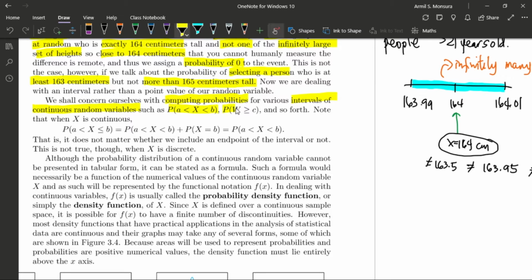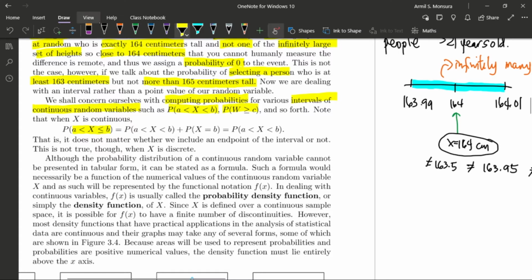The probability of your random variable W assuming a value that is greater than or equal to C, and so on. Note that when X is continuous, that set, your X is greater than A and less than or equal to B,